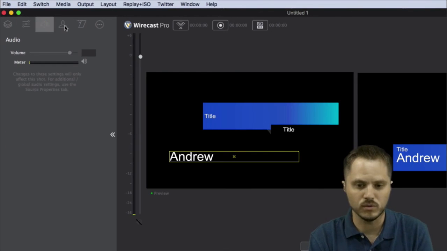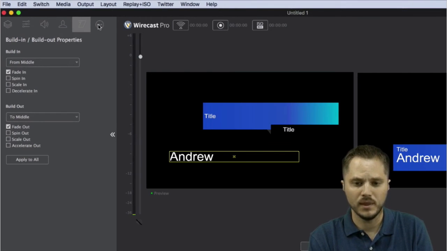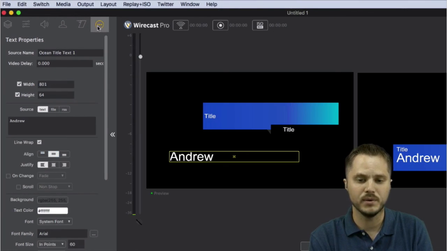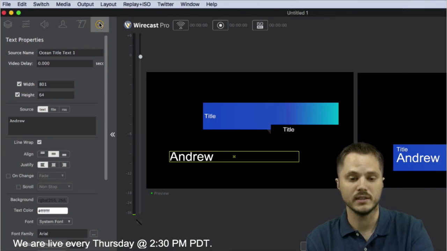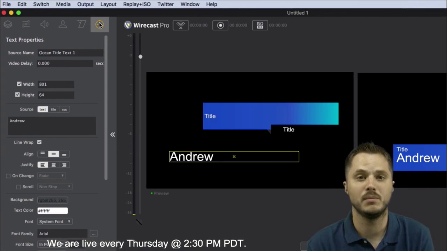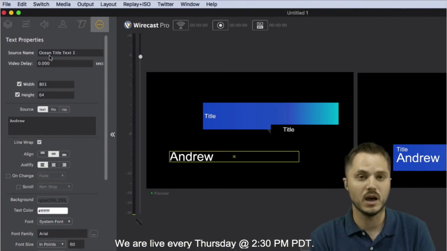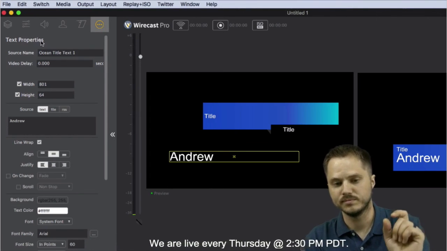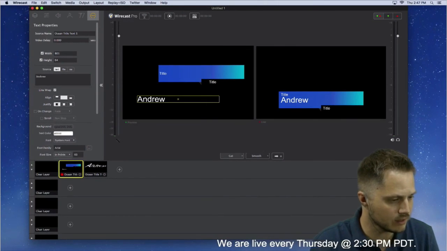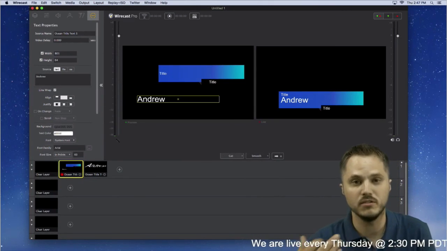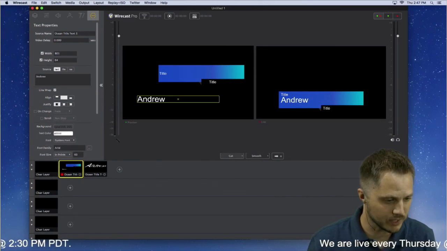They also affect volume and things like that, chroma key, and even transition settings. But this is really a hybrid of more the source settings, more of the global settings. So keep that in mind. It's called the text properties, but if you add a camera, it's just basically the object properties or the source properties tab. And so be aware of that. Is that helpful? Hope that clears things up, because even I was thrown off by that, and I needed to correct that for the record.